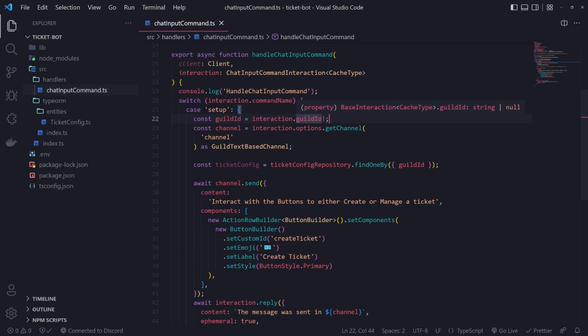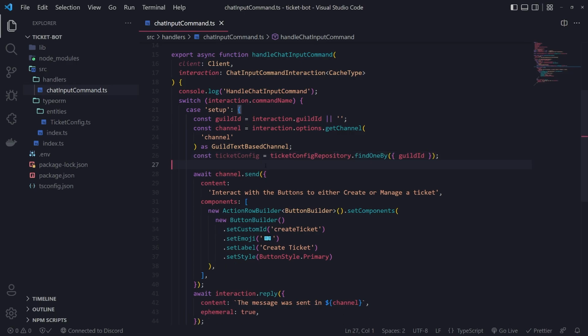I'm not sure in what situations it could be null, but for now I'll just do this. Either it'll be the guild ID or it'll be null. Okay, or actually let me do this. Yeah, let's leave it like that. Okay, so then we'll just pass in the guild ID like this, so we can search the ticket config database table for the correct